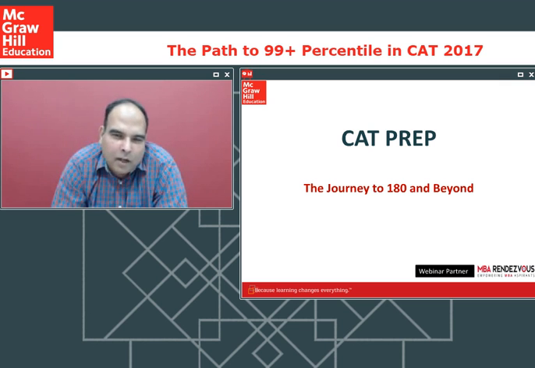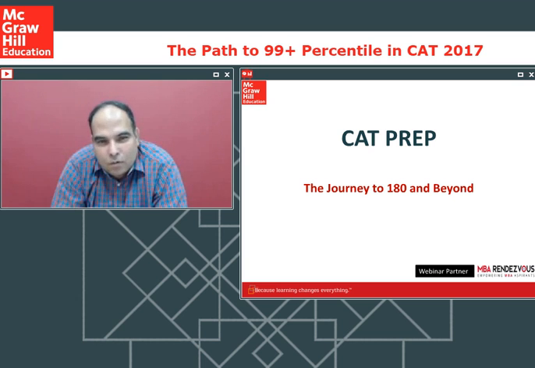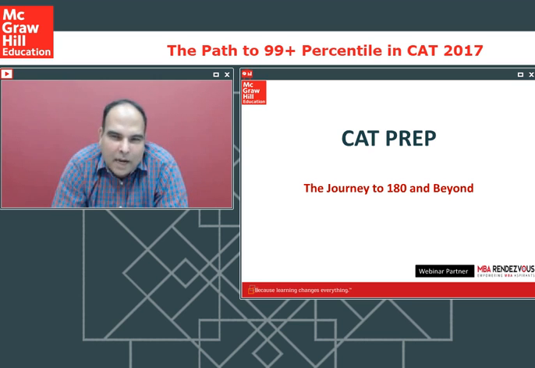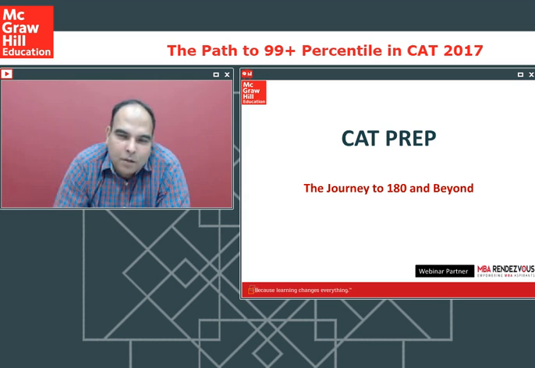this band of 155 to 210 would have changed in the CAT 2015 and the CAT 2014 papers. As I told you, they're slightly easier because especially the DI and LR sections were slightly easier in those years than the 2016 paper. So in those years, the numbers would have been slightly shifted up by around 20 marks. So 175 to 230 would be the range in the CAT 2015 and 14 papers for the same percentile. So if you score approximately 180, 175 to 180 in the CAT 2014-15 papers, you will get your